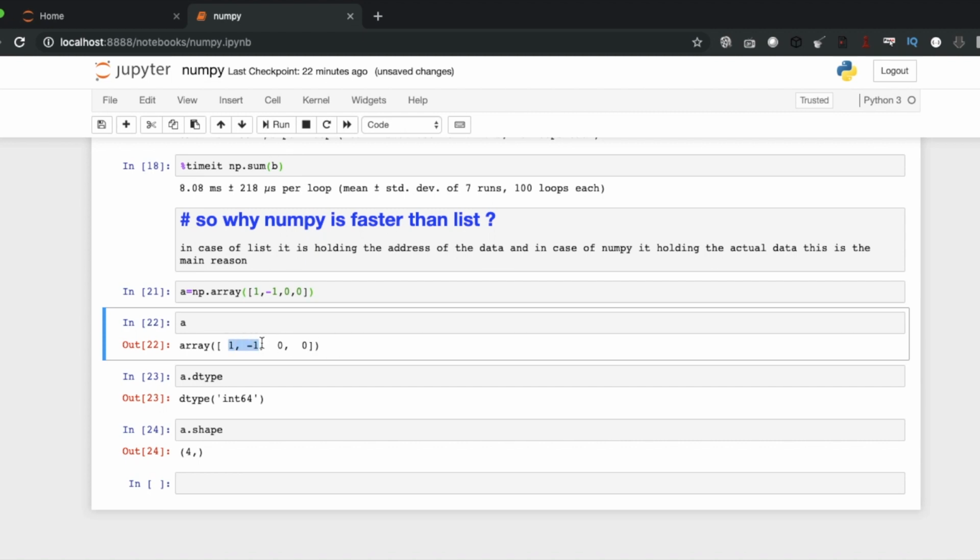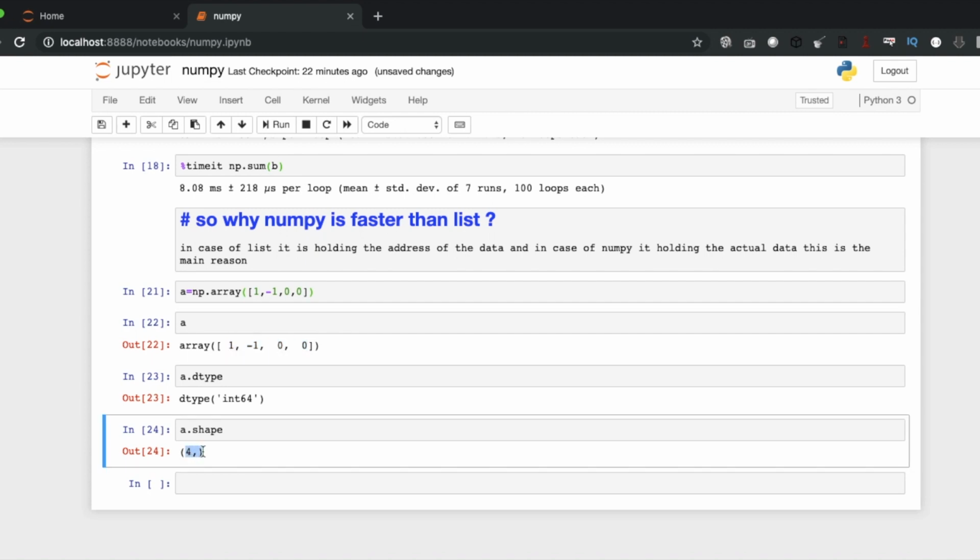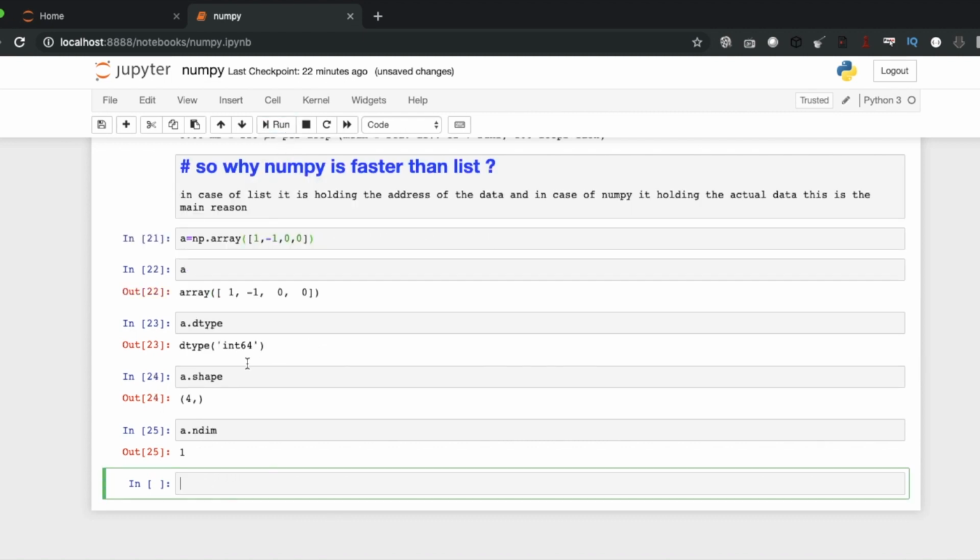This is having only one axis because this is having only one row. Someone will ask why comma and 4? No, this is not a comma, a tuple is always represented like this. I hope you understand. And next is ndim, which means dimension. This is a one dimension array.